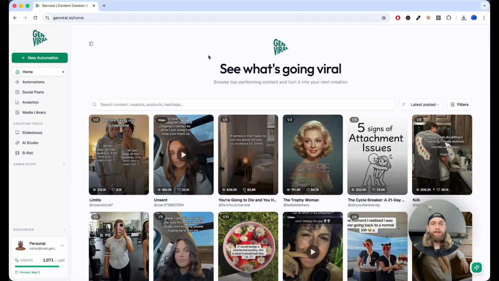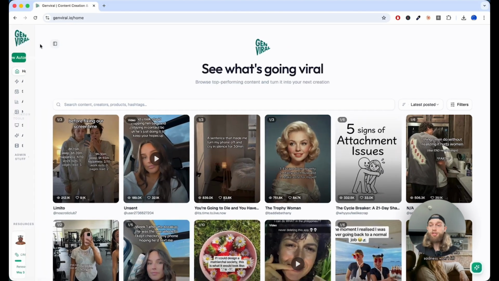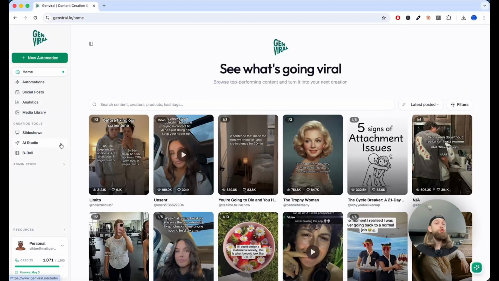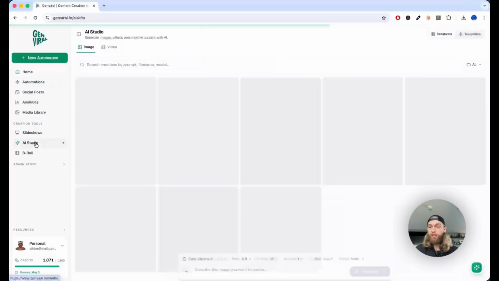Hello friends, so in this hopefully very quick tutorial I wanted to show you how you can generate open graph images primarily with the help of AI and secondarily with the help of a tool called Genviral.io, which is a tool that I'm using personally for quite a bit of my media generation. So without further ado, let's actually get started, and you can get started by navigating here to the AI Studio